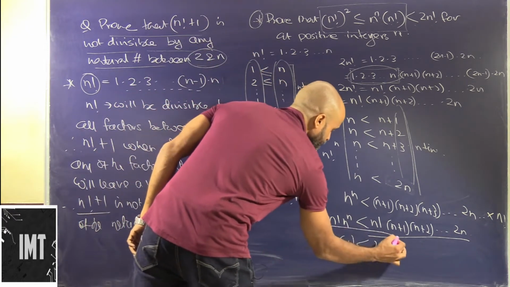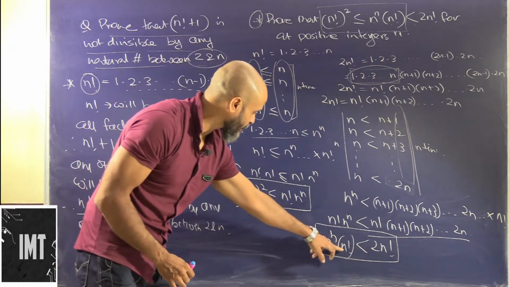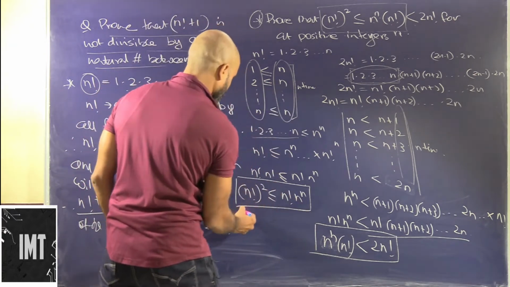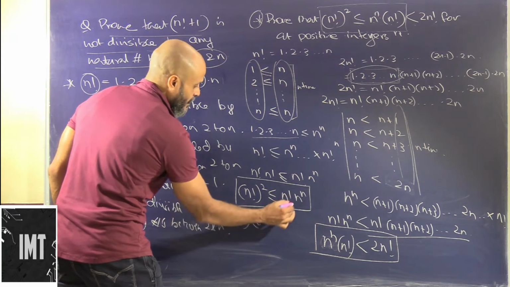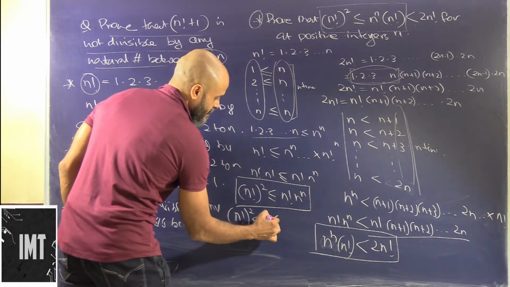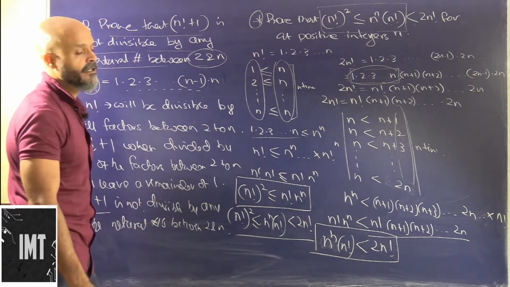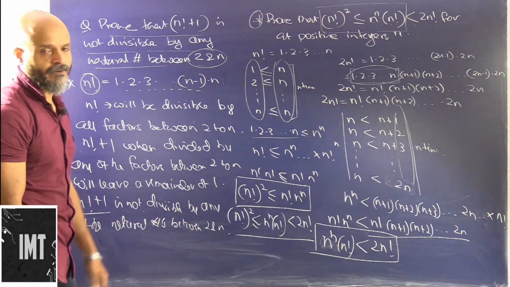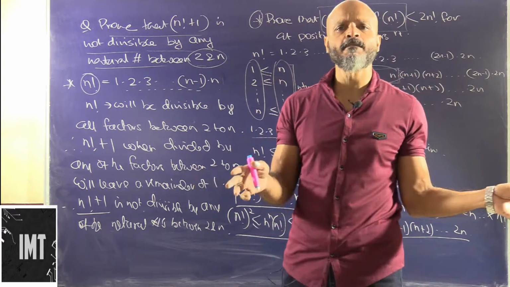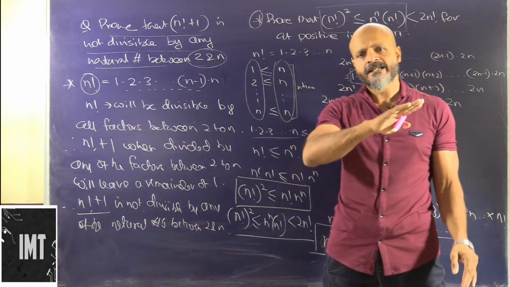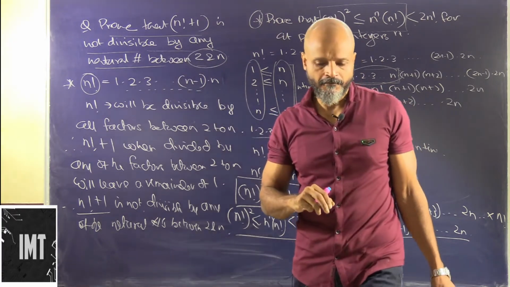So this is one inequality that we have got and this is another. Both of these have factorial n, and if I combine both, what we get is (factorial n) squared is less than or equal to n to the power of n times factorial n, which is less than factorial 2n. So these were the two problems on factorials that we have done. Now we will move on to permutations. I hope the factorial part is absolutely clear. It's nothing but a series of multiplications from 1 till the last number, 2n.